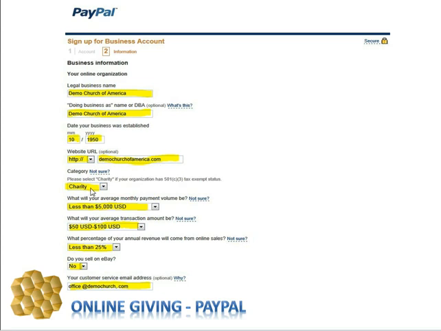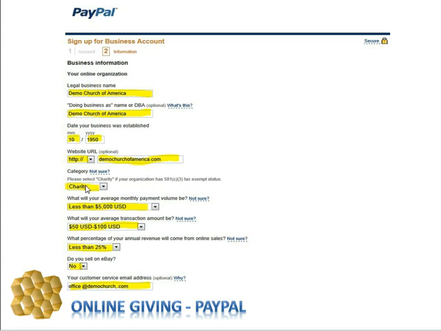Again, this next field is very important. They give you several options, and one of the options is stating that you're religious. Well, be careful there, because what they're referring to as religious is those institutions or businesses that operate religious services or whatever, but have never filed for a 501c3. If you have filed for a 501c3, you want to make sure that you choose charity as the option selection there. In fact, they